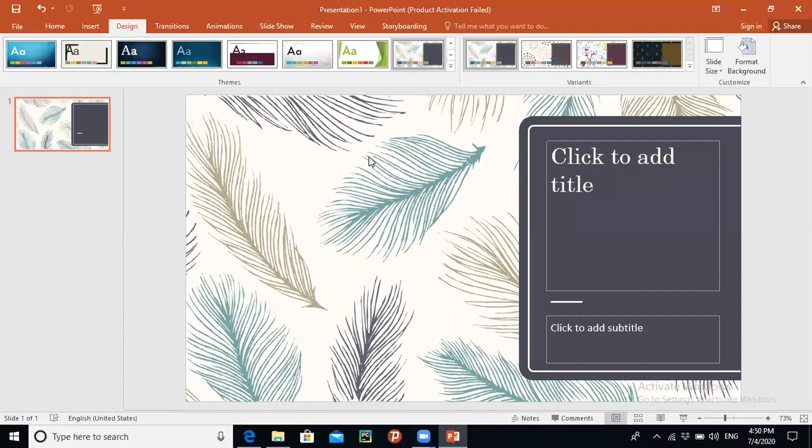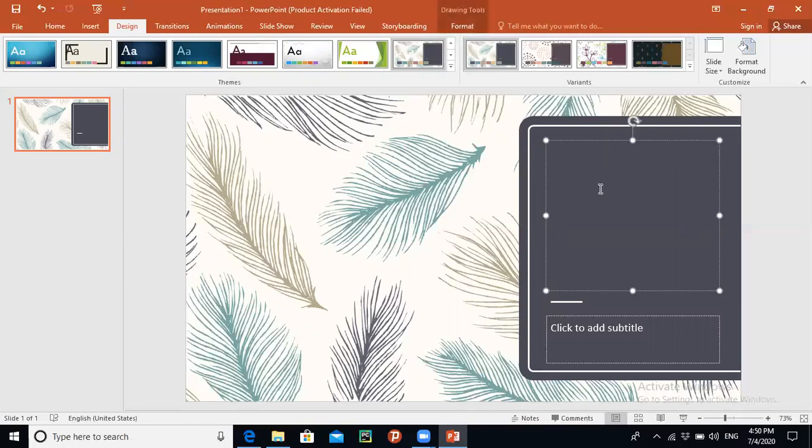Simply click on the design which you want and it will be applied to your slide. Here it is asking me to click to add the title. I am repeating these steps so that it will be your revision, and definitely we will learn some new features today. So click to add title. I have just clicked on it, and now this line, we call it the cursor, has started blinking so that I can type.